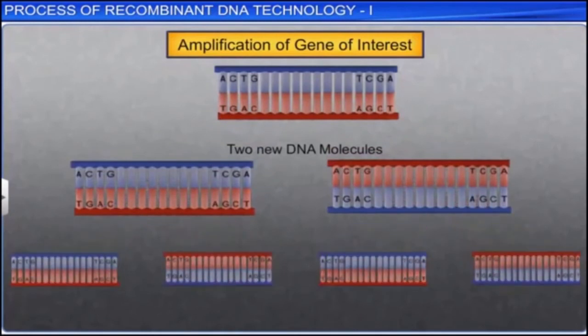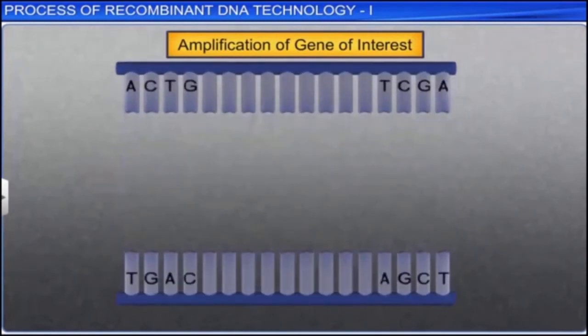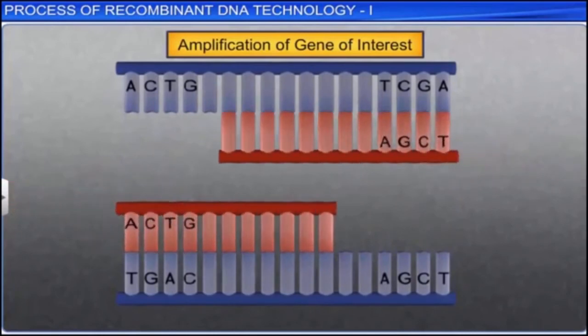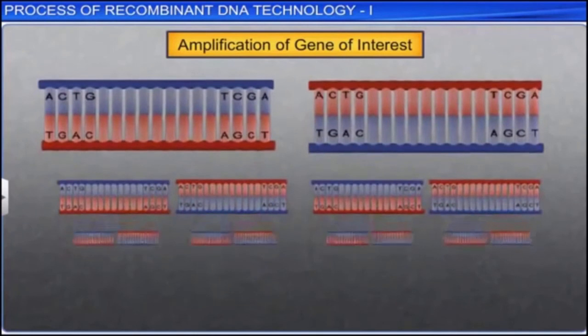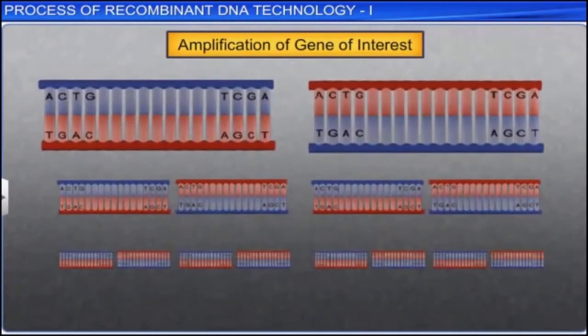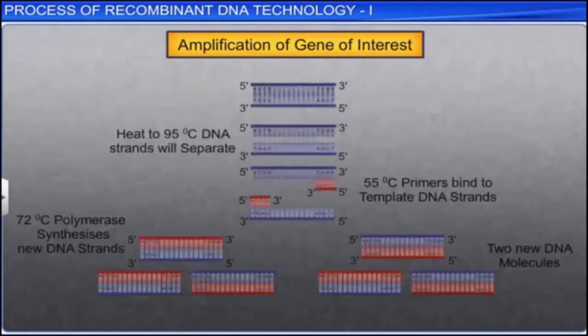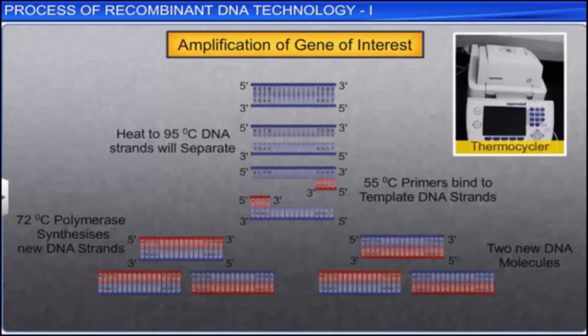The cycle of denaturing and synthesizing of DNA is repeated 30 to 40 times to get billions of copies of the original DNA. The PCR is an automated technique which can be completed in just a few hours. It is executed by a machine called a thermocycler, which is programmed to alter the temperature of the reaction every few minutes to allow DNA denaturing and synthesis.